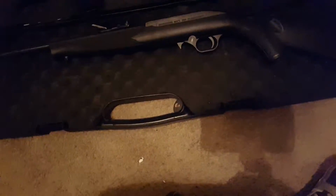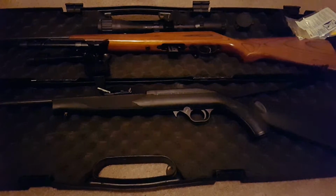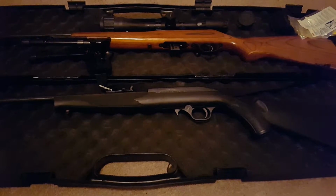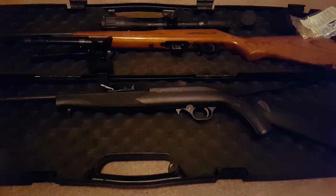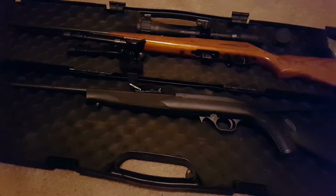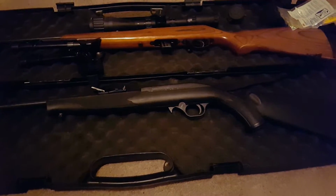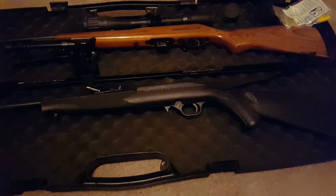But anyway, the whole reason why I'm comparing these two is the semi-automatic is not going to be your best bet. Now, each has their own opinion and what they can afford and stuff like that. Like, I've squirrel hunted for years with the Model 60. Now, I love Model 60s, but like I said, with 22 ammunition, each gun is going to be a different story. Each gun's going to love or like a different ammunition better or more. And until you find that ammunition, the semi-automatic is going to be super finicky, whether it's going to feed, eject, load, fire. I've had so many rounds through my Model 60 that the best ones for that gun specifically, and